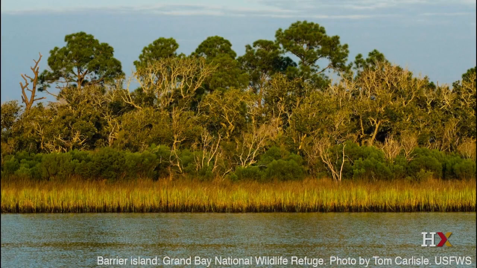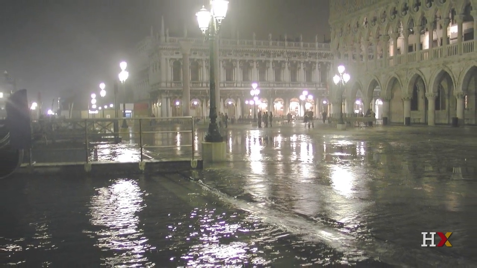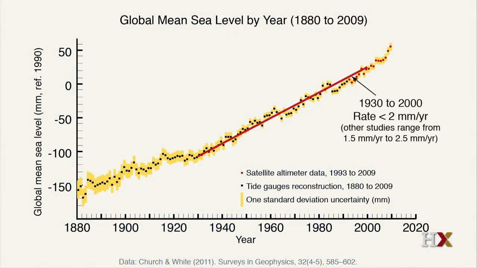So, for example, sea level in the Gulf Coast has been rising, because of a lot of oil extraction, partly because the land has been subsiding. The same is true in Venice, Italy, for example. If you put all the tide gauge records together and try to correct for the local effects like subsidence or uplift, what you see is a steady trend of sea level rise since about 1930 at a total rate of a little less than 2 millimeters a year.